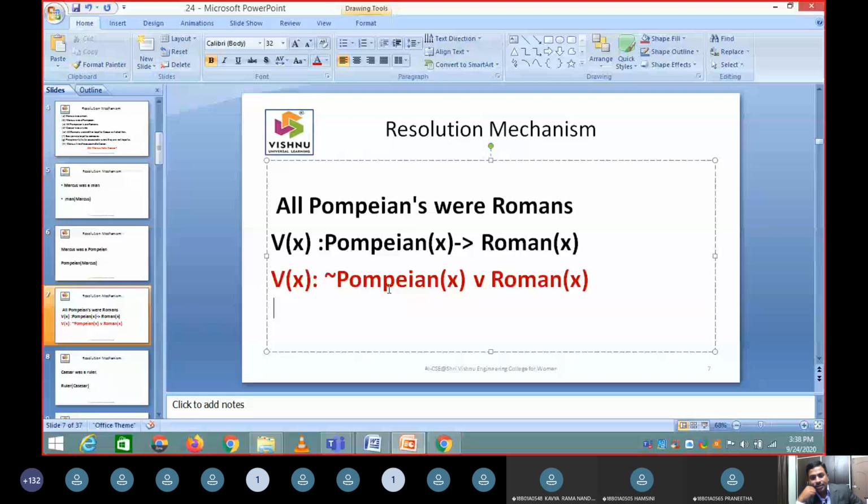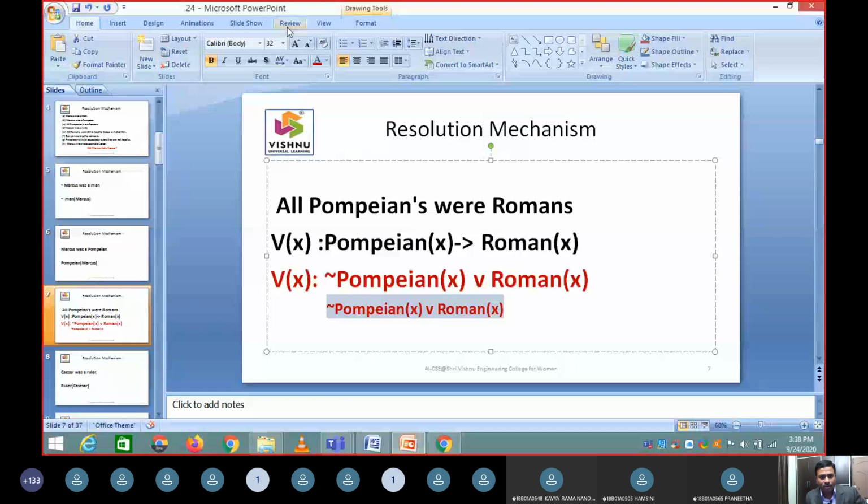Yes, sir. See, what you said is right, but your answer is partially right. Does clause form allow for all, for existential? Is it necessary in clause form to have this for all and all the things? No need, sir. So clause form says you remove this part by using rule 3, and this is your final outcome. So my emphasis is that you convert every statement into clause form.